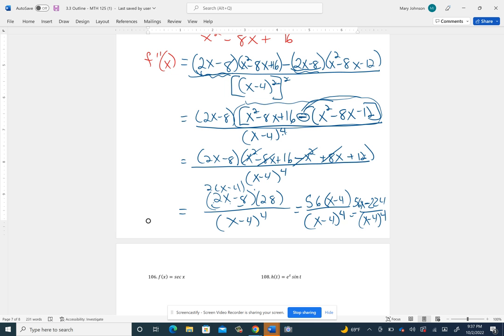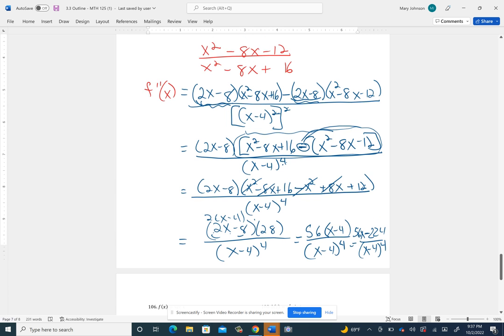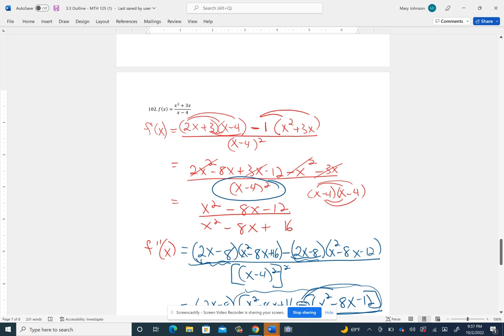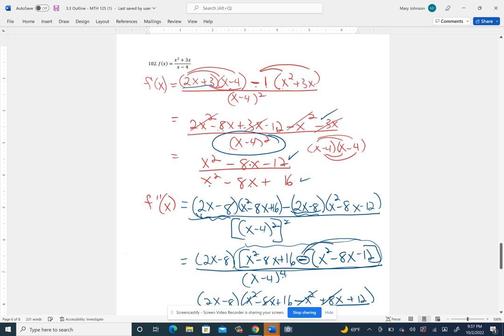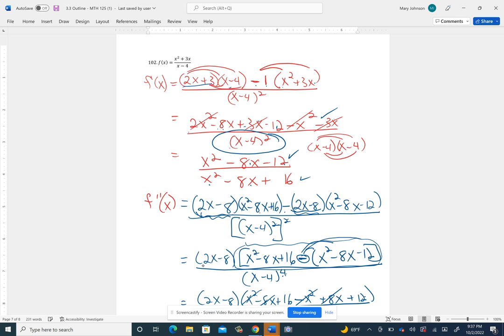Okay. So I think we're okay there. I'm going to go back and check them in case I messed up a sign or something. So let me do that real quick. Okay. So let's go back to the beginning. Make sure we didn't mess up a sign. So the derivative of the top times the bottom minus the derivative of the bottom times the top. So that's negative. And that would be 2x squared, 3x and that would cancel. I would have minus 12 there. Okay, so that looks good. And that looks good. All right. Okay, so this looks good. This looks good. And then here,